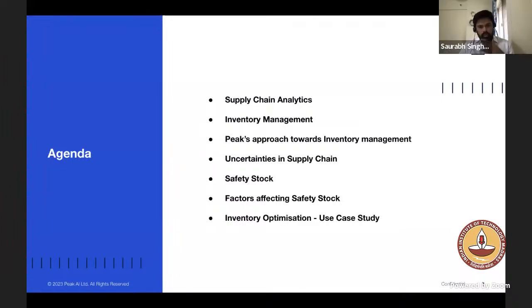Okay. So, talking about the agenda of today's presentation, I'll start with giving a glimpse of the supply chain analytics, and I'll present the whole gamut of supply chain analytics. Then I'll move on to inventory management. So, supply chain analytics is a broad area which comprises various entities, and inventory management is kind of one part of that broader supply chain analytics. So after getting an overview of supply chain analytics, we'll move on to inventory management, where I will talk about